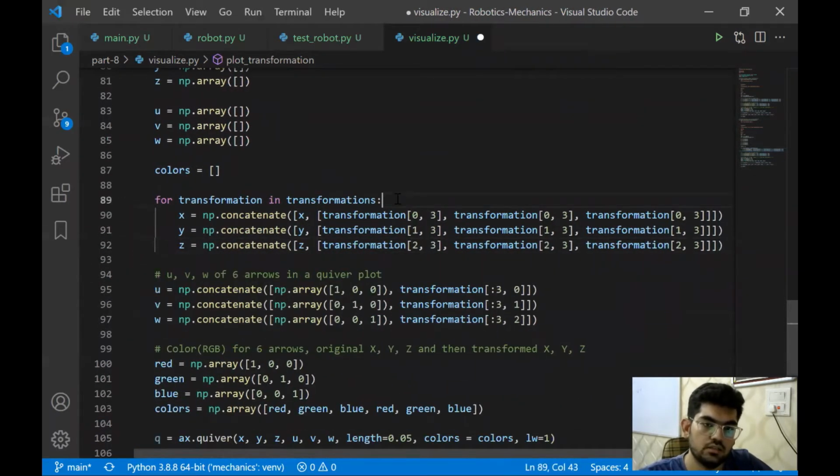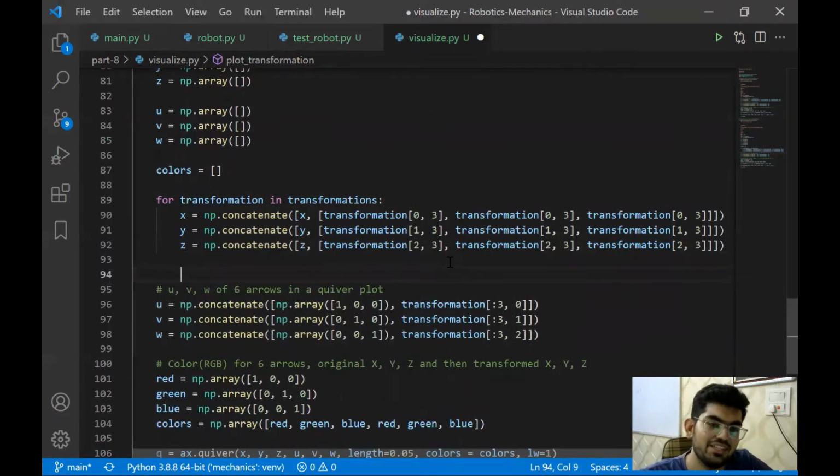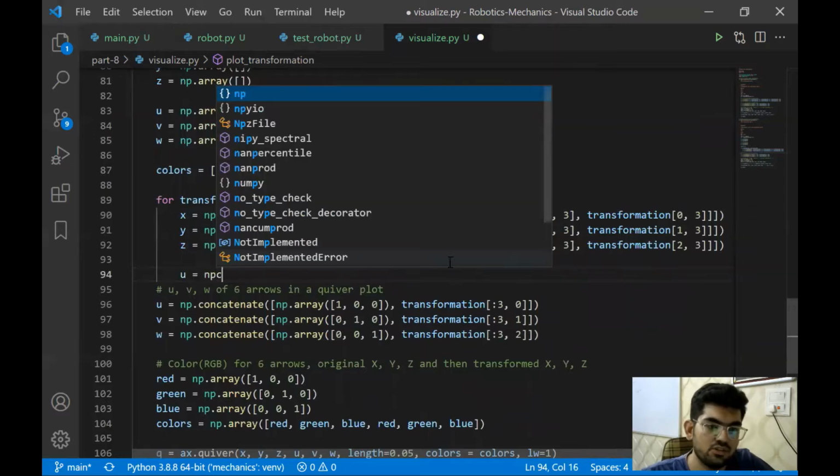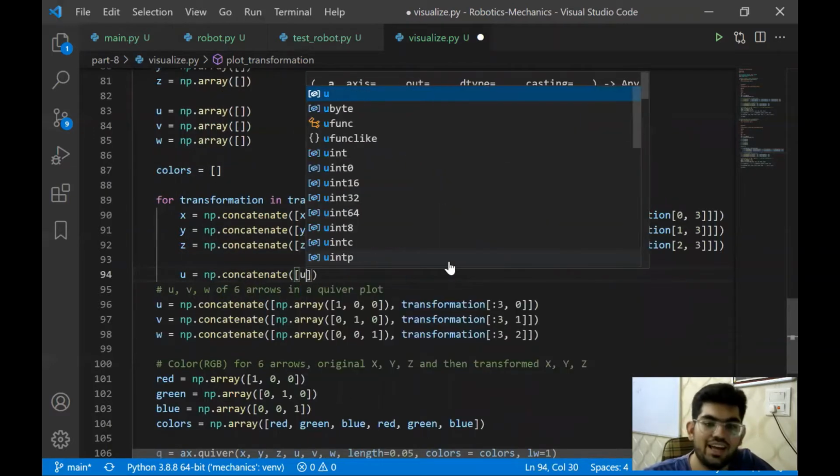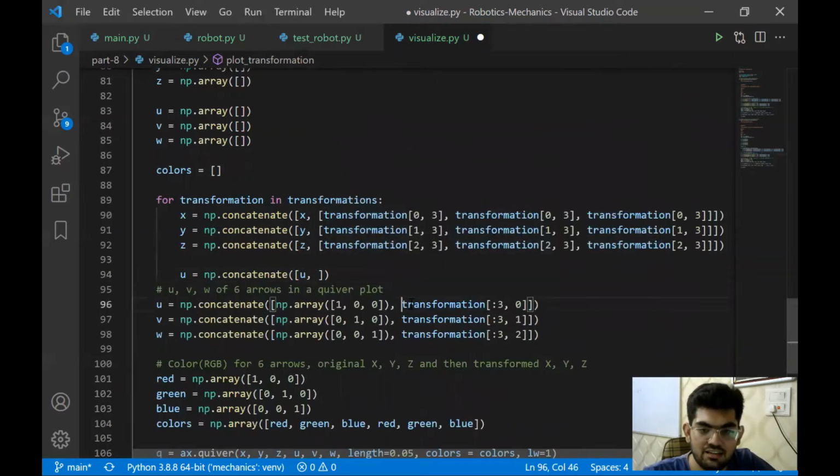Now we are going to do something similar with UVW as well. We are going to call np.concatenate, put in a list, and U first, and then transformation[:3].